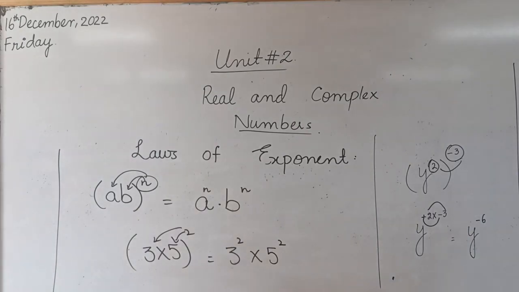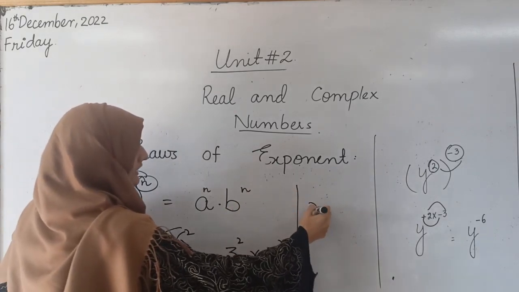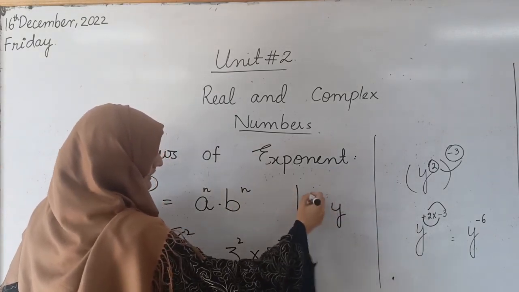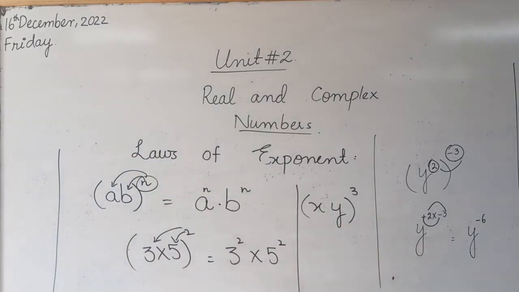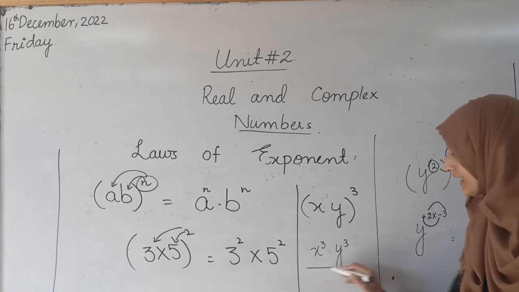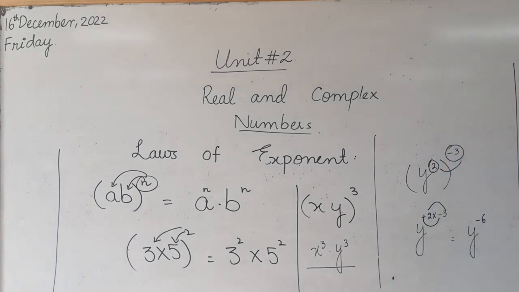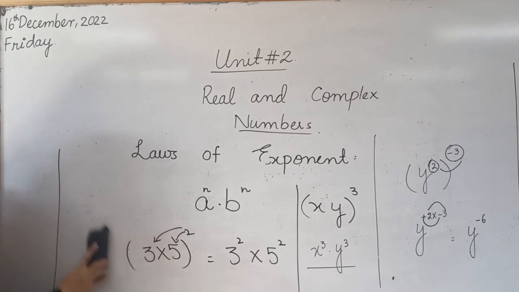If we talk about variables, for example, x and y raised to power 3. So this power will apply on both bases x and y. X raised to power 3 multiply y raised to power 3. This is our final answer. Is it clear? Similarly, if we have two bases and they are dividing each other,